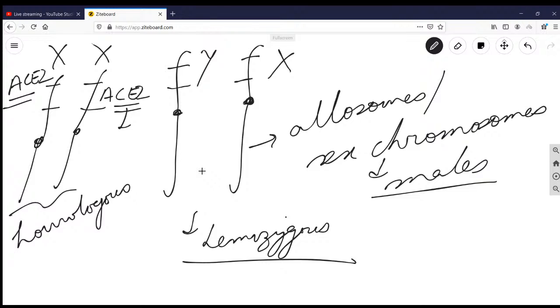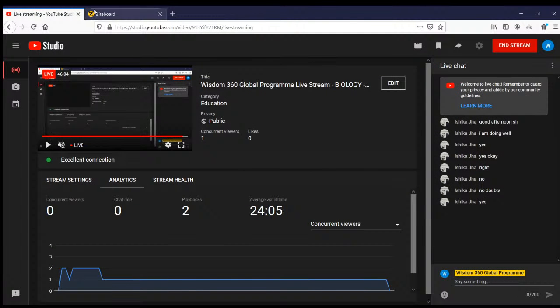So if you have hemizygous chromosomes, you can never think of dominant and recessive because they contain totally different genes. Here you can think of dominant and recessive. Okay, so next up is